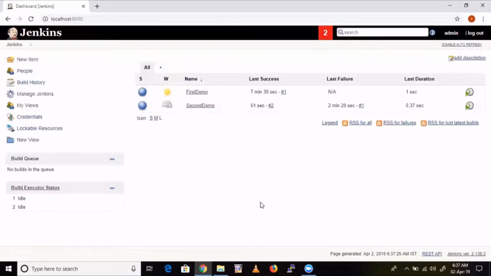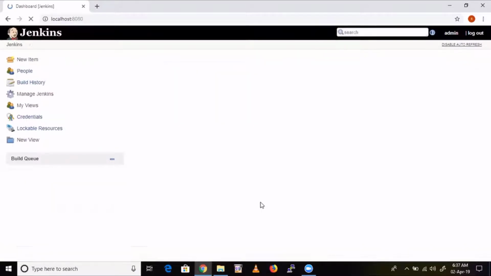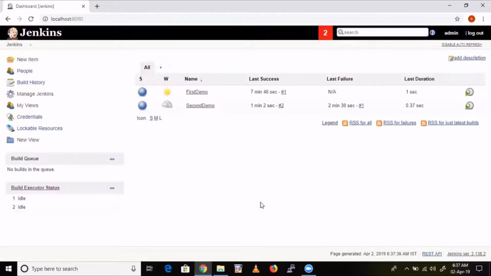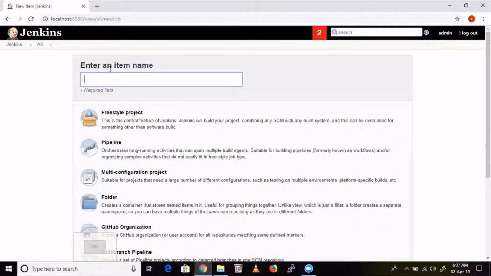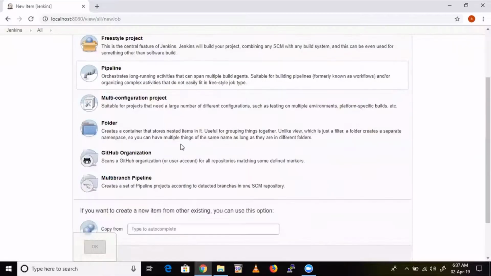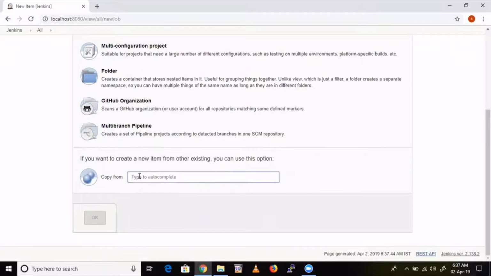Now, how to copy a job? For example, whatever settings are there in this job, I want to copy the same settings. For example, here, new item, third element. Instead of clicking freestyle, select here copy from, for example, yes. That means I want to copy all the settings we have given in the second job to this third job. So select this one.